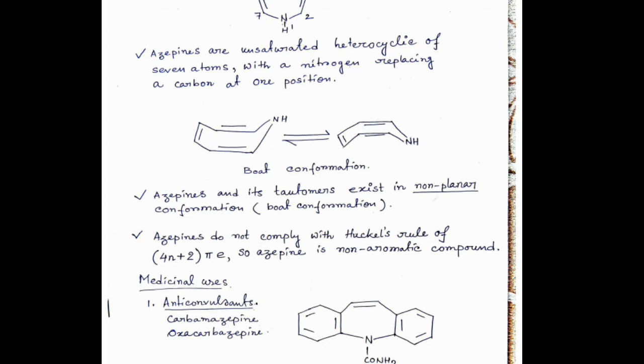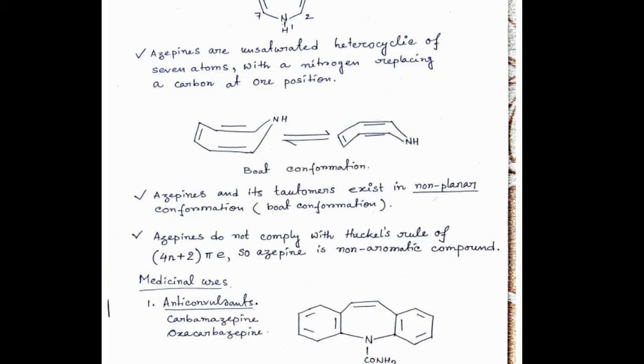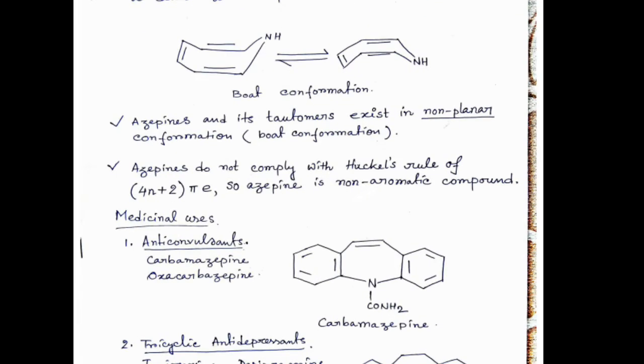Azepines are unsaturated heterocyclic compounds of 7 atoms with a nitrogen replacing a carbon at one position. Now these are the different conformations. As you know, all the heterocyclic compounds have different conformations. In case of azepines, they have both conformations. Azepines and their tautomers exist in non-polar conformation, that is both conformations, and the structure of both conformations is